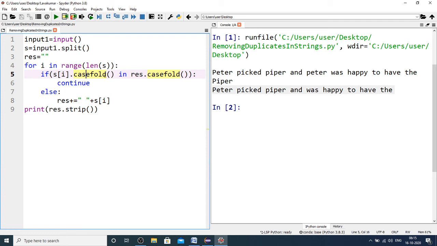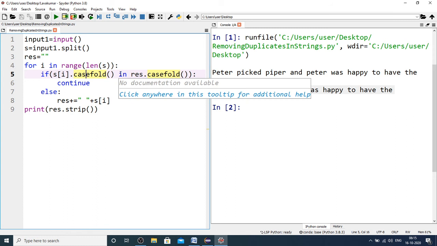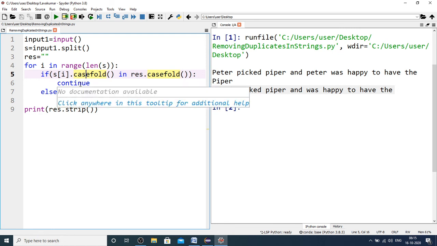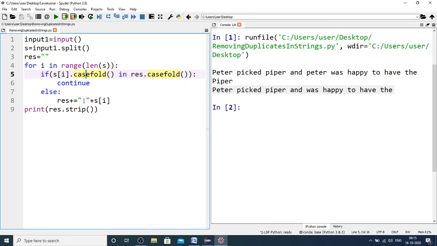So that's why I'm using the casefold method on either side. And in is the membership operator in Python that is used to return true if it exists. Otherwise it returns false. So if this particular S of i with the casefold is existing in result with casefold, then I'm asking it to continue. Otherwise I'm just adding the space and the word.